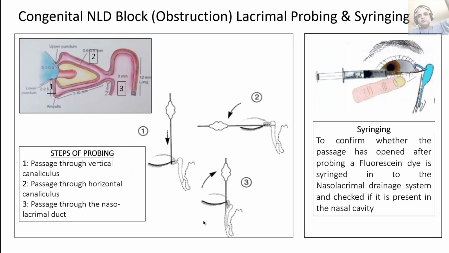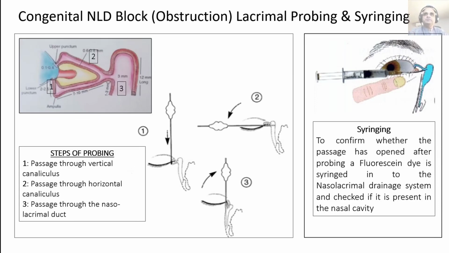The aim is to use this probe to overcome the obstruction. You don't do it before 1 year of age because these passages are really fragile. You don't want to create an artificial passage. You don't want to damage these passages so as to incite inflammation and make the block even worse. And once you have done this, you can irrigate some fluid to see if the passage is